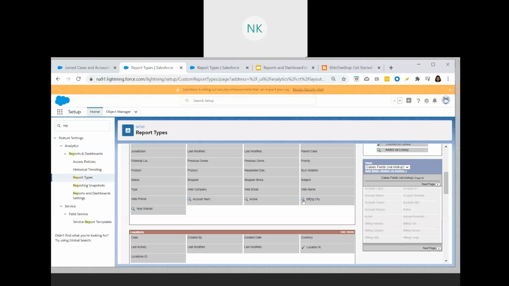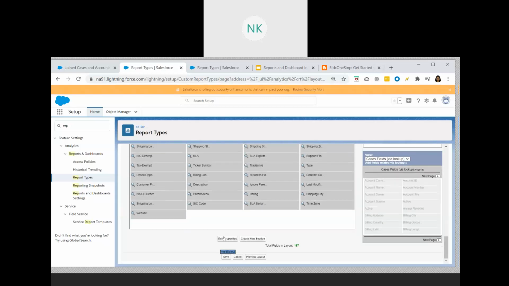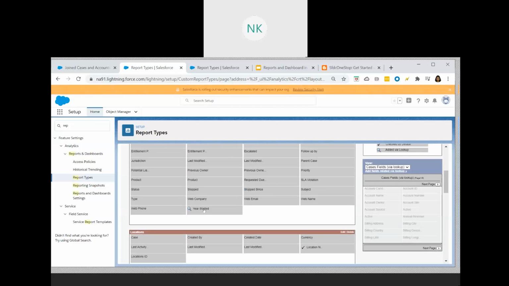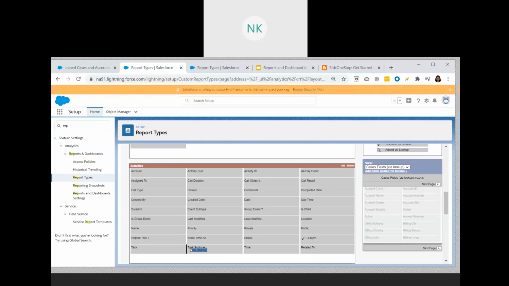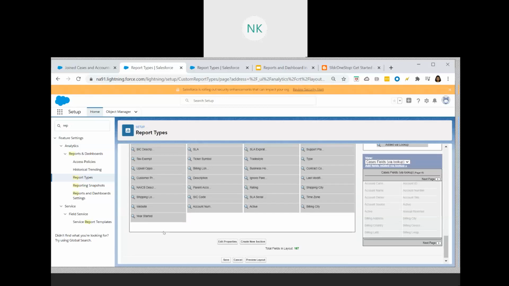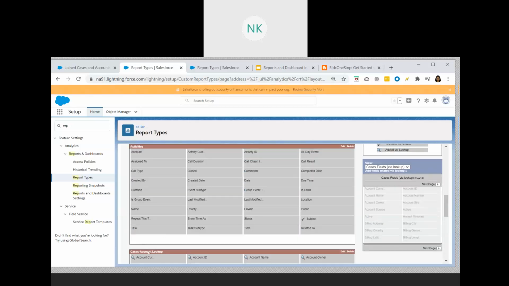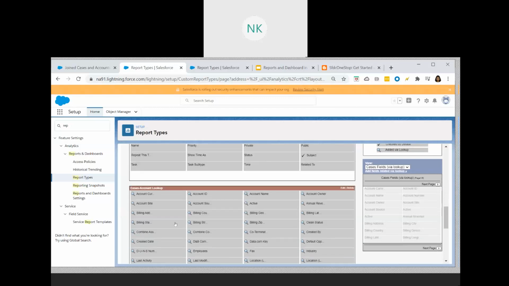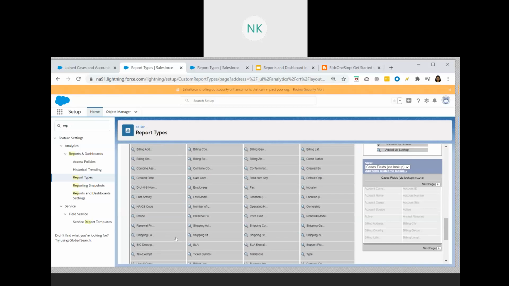I would also want to add all of these. Why is it not getting added? Yeah, so even all of these I would want to add to the new section that I created. So this is how I created a new section called cases, and the case lookup fields related to the account are added.